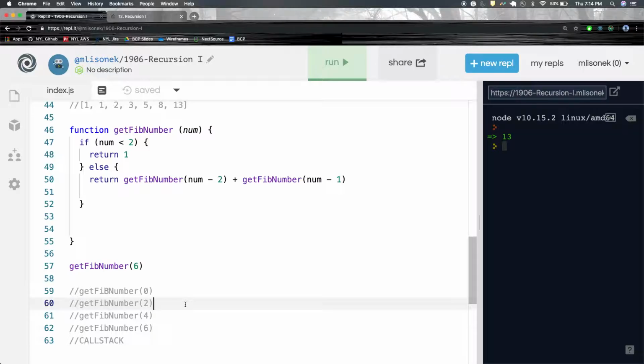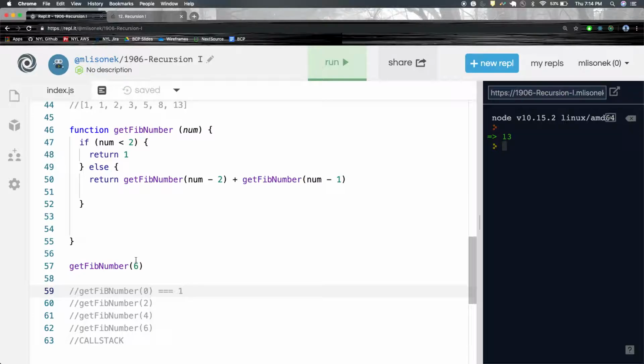Now, our base case is going to get hit, right? Because now the number is equal to 0. So if 0 is less than 2, we're going to return 1. So this is going to be equal to 1. But now, get fib number of 2 was on pause, right? So then it's going to be of 0 with this. Oh wait, so this one isn't actually finished running yet, because,